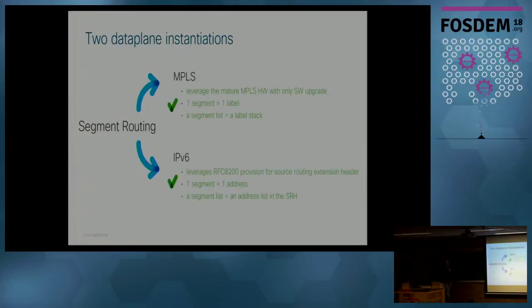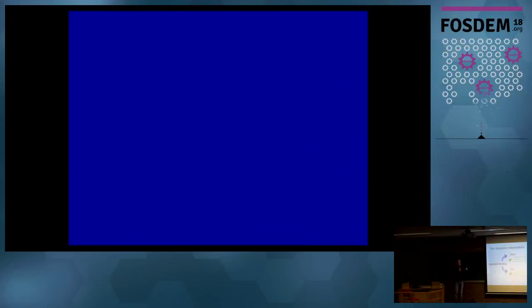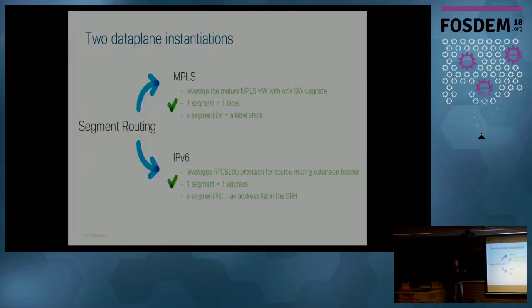So we have two data plane instantiations. One of them is MPLS, and the other one is IPv6. So in MPLS, what we are just doing is one segment is one MPLS label, and that's it. The second instantiation is IPv6. So in IPv6, what we are doing is we are using an IPv6 routing extension header, which was defined 15 years ago, and we have one segment is one IPv6